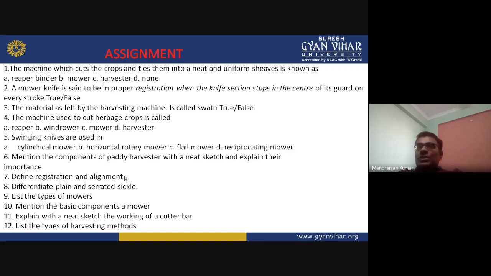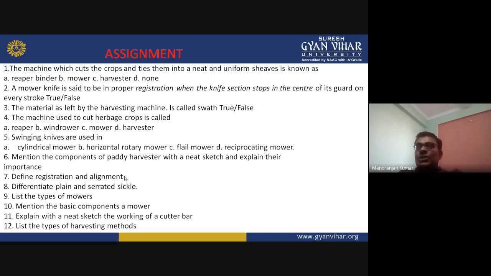The other questions are: mention the components of paddy harvester with a neat sketch and explain their importance. Also define registration of mower and alignment of mower. Question 8, differentiate between the plain sickle and serrated sickle. We have seen it in the slide. List the types of the mower. We have seen 5 to 6 types of mower, so you have to list out those types.